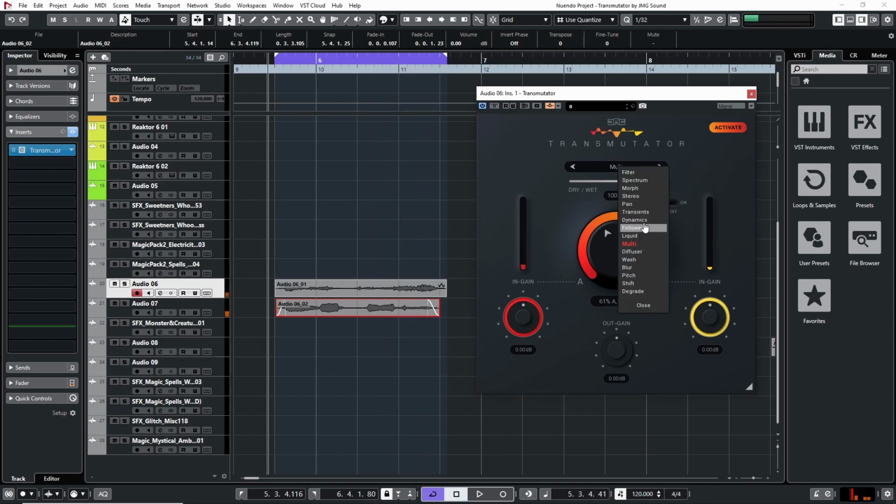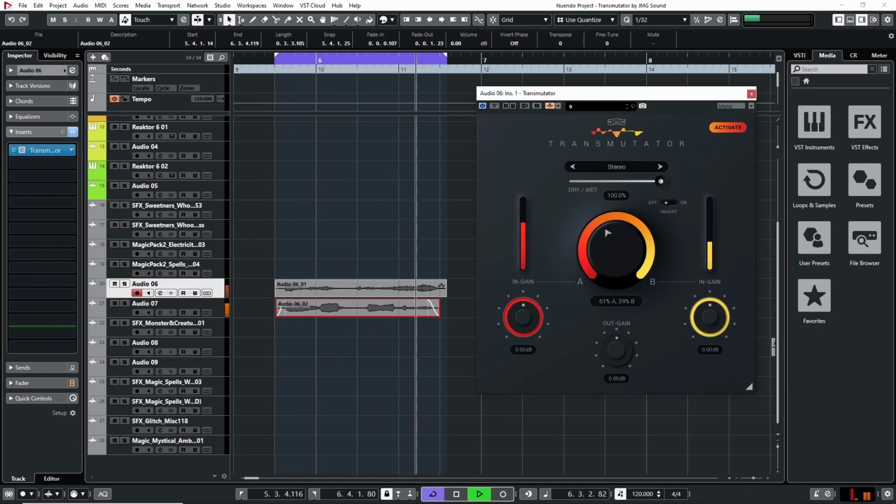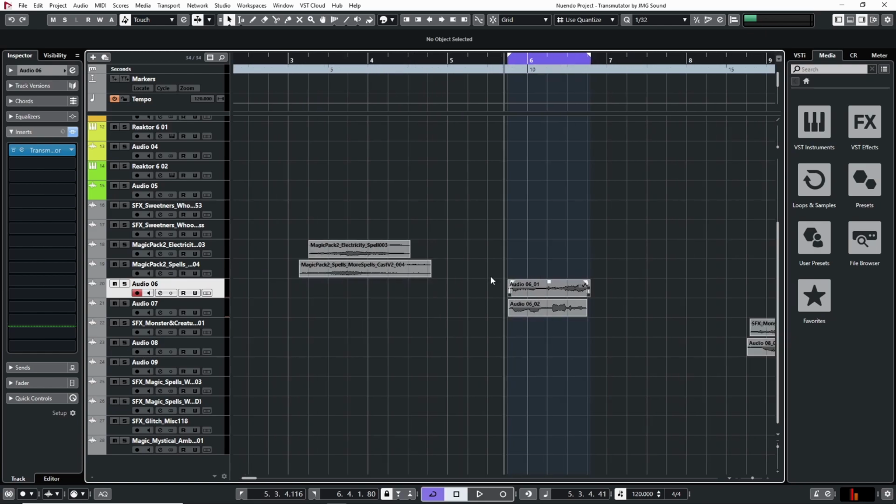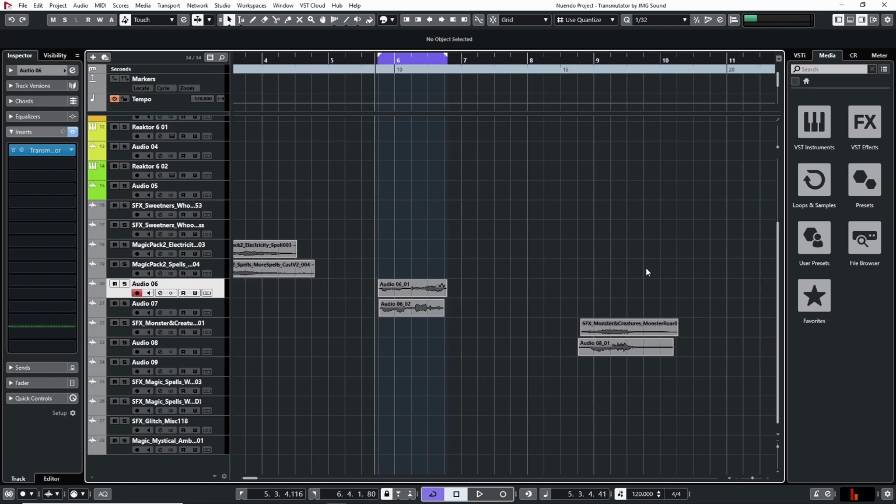That's cool. Let's try stereo. So stereo won't actually work because these are two mono files. It's nice that the plugin doesn't crash or anything. So anyways, let's move on here. So that's kind of cool. So next